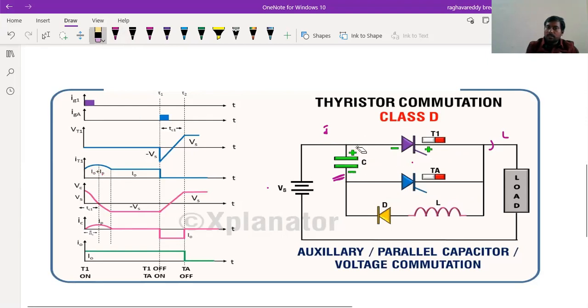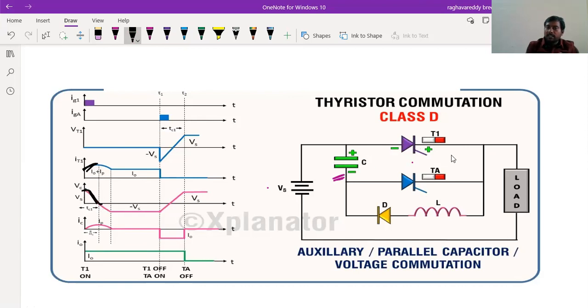So this is nothing but sinusoidal in manner, because the capacitor current is available. Up to the capacitor current increases, the voltage across the capacitor will reach zero. Voltage across the capacitor will reach zero.